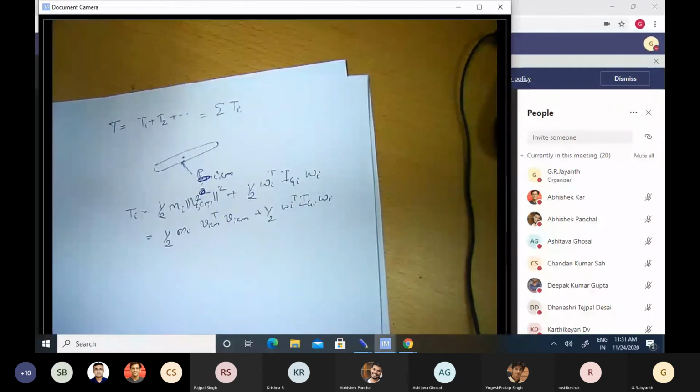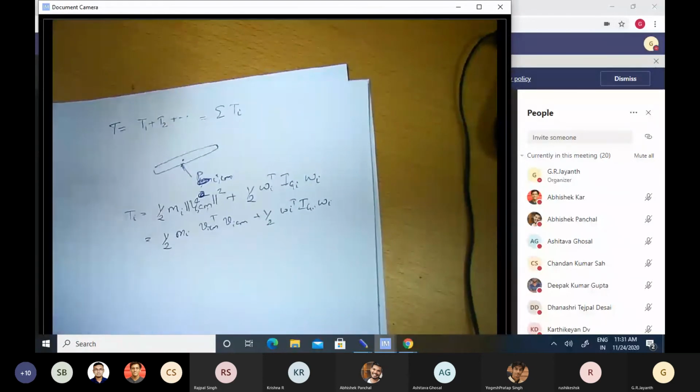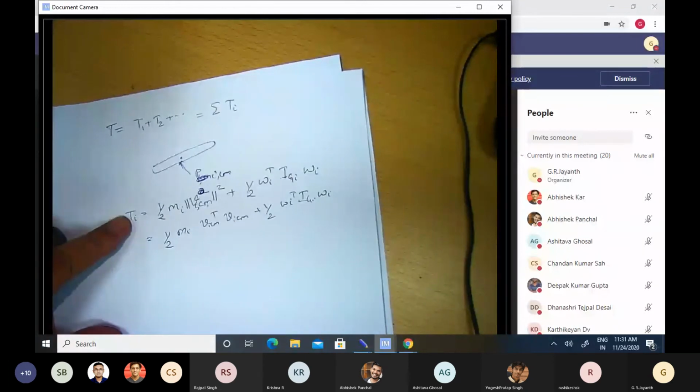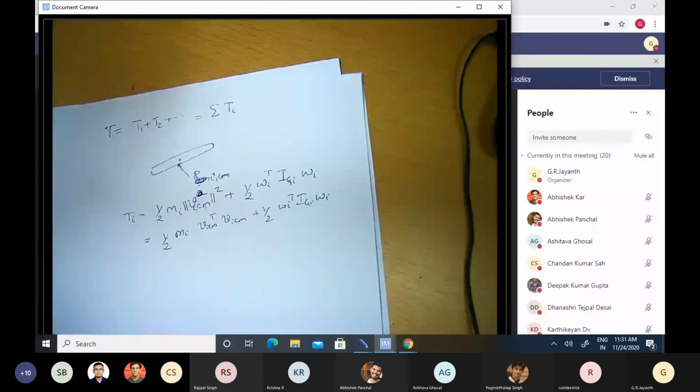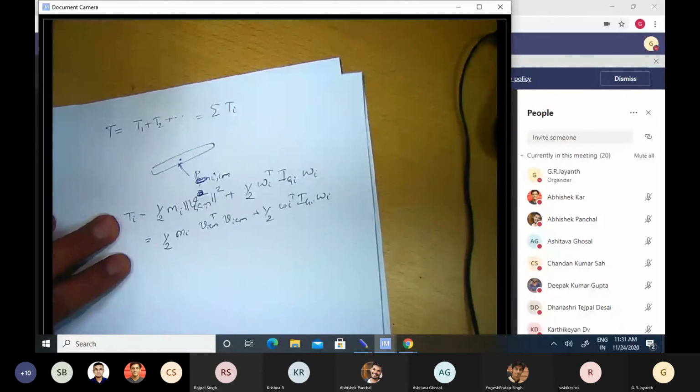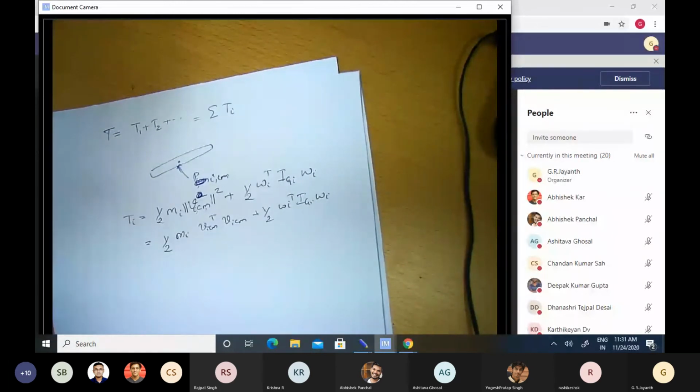I don't need to invent or take the help of a new mathematical machinery to package away the complexity in the expression for the total kinetic energy. I can use matrices itself to do it. So we shall do that next before we write down the kinetic energy for the overall system.